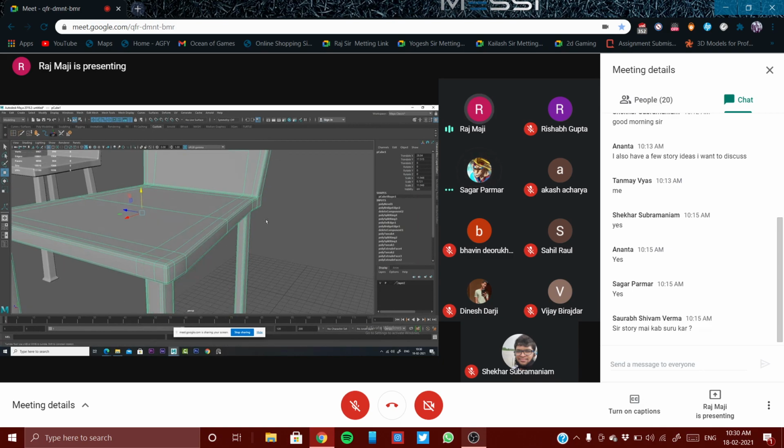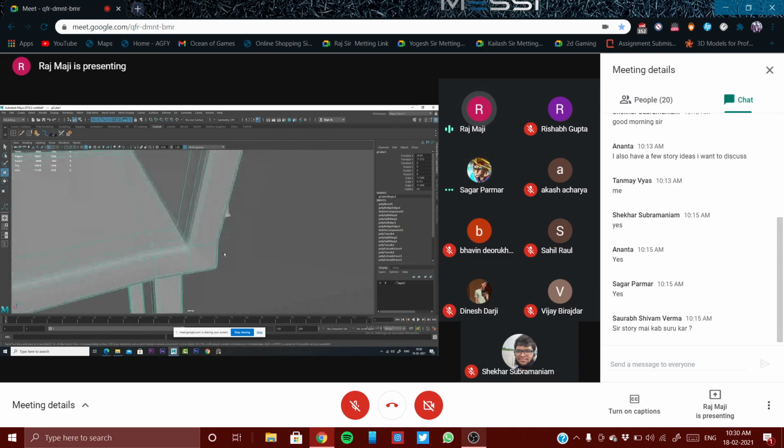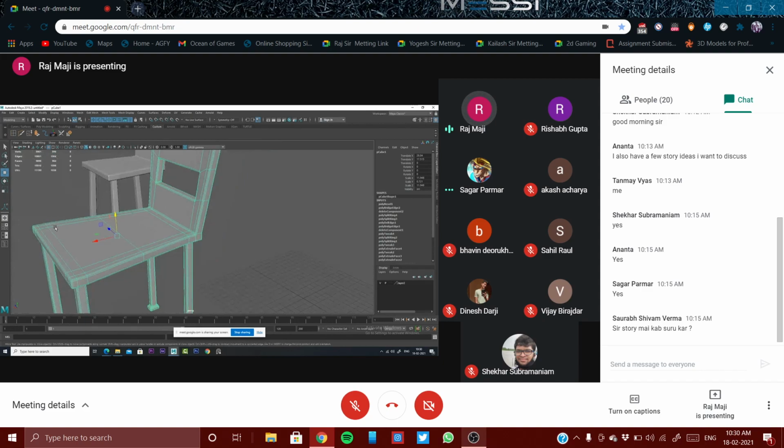See, if you are beveling at the same time, how beautiful continuous edges I have got. Have you seen that? Yes, sir. These are continuous edges. So if you are beveling separately, you will not get this kind of edges.